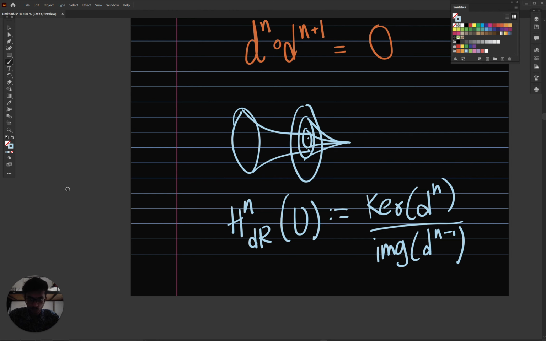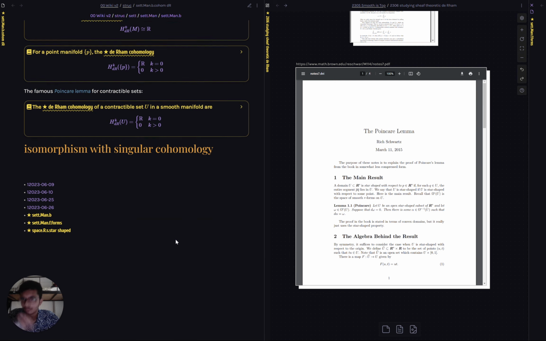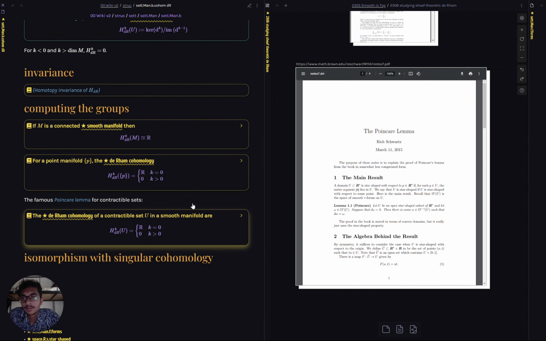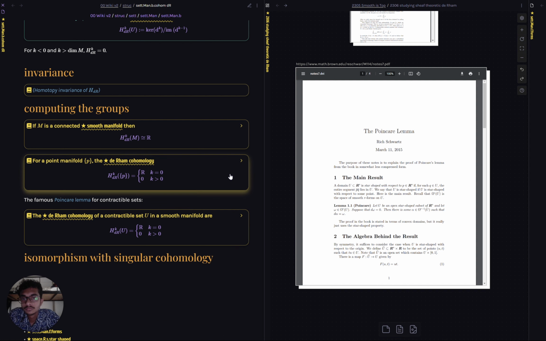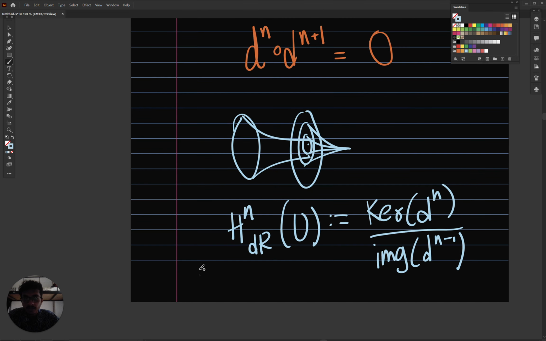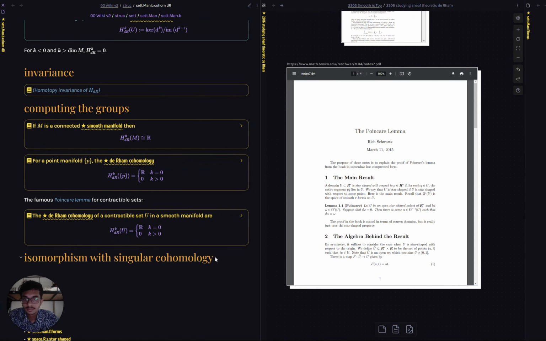So when does it happen? When do closed forms equal exact? Okay. The Poincare lemma has a lot of variations actually, but the main idea is simple. The main idea behind the Poincare lemma is this: